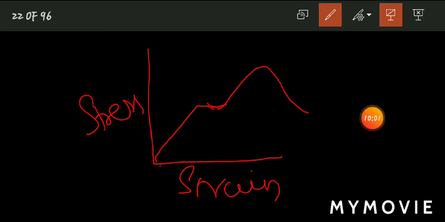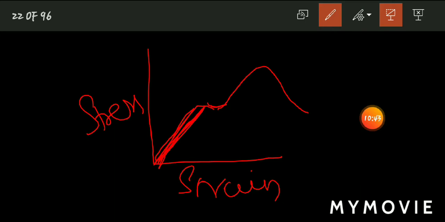Until that portion, this linear portion of the line represents the elastic portion. The point up to which the material is elastic is called the elastic limit. Till that point the stress is directly proportional to strain. That is, if you apply more stress, the strain will be more, and if you apply less stress, the strain will be less. So that is called the elastic limit or proportional limit. Both theoretically mean the same, but there is a slight difference in the definition. Proportional limit expresses the proportionality of stress and strain, whereas elastic limit expresses the elastic behavior, that is, the ability to recoil to its original shape.